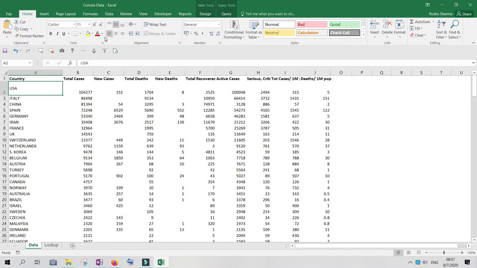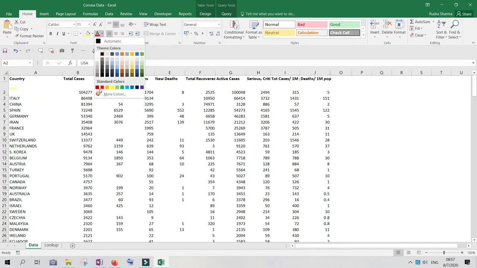It's very simple. So next is font color. This is a very common thing. If you want to change the font color, now it is black. If I want to change it to something red, I have to choose this one, and even before clicking it shows the preview. That is the beauty: once you have clicked, you see how it will come in your spreadsheet. It shows right here.